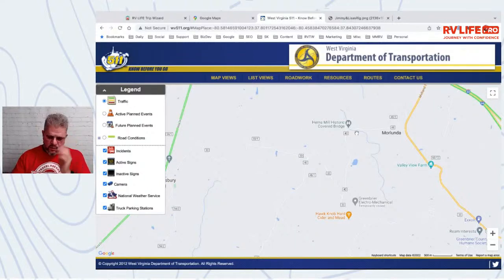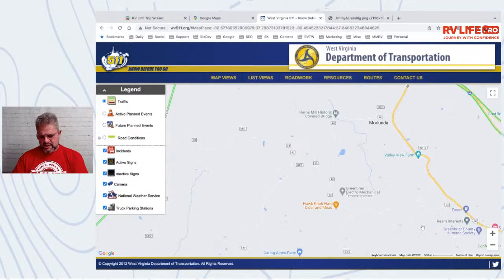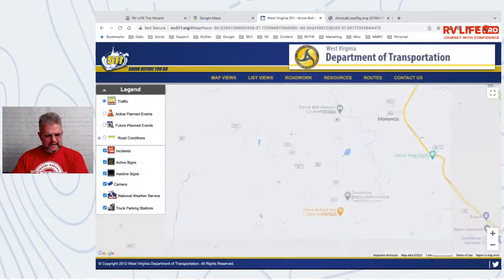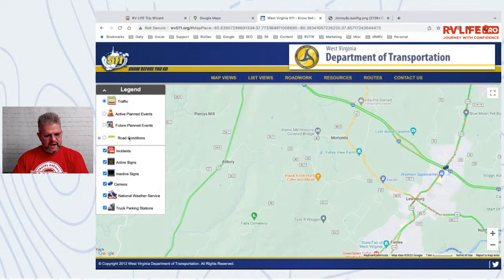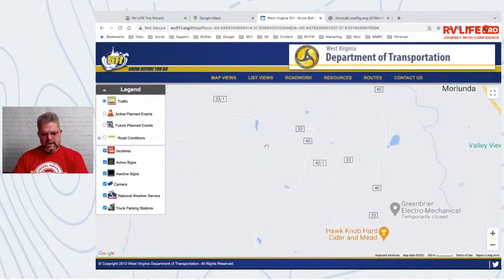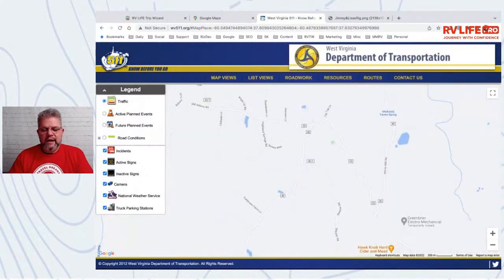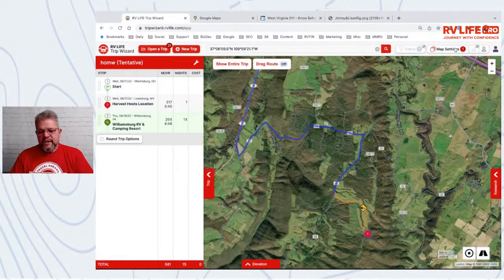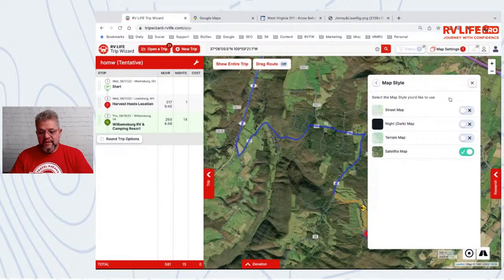We can see that the West Virginia Department of Transportation taps into the Google Maps. And of course, they don't have any stuff. You can see they've got road conditions, traffic, camera signs, truck parking, blah, blah, blah. They got all this junk over here. There is nothing in this section about that whatsoever either. And of course, it's Google Maps, so we're not going to get any new information. So at this point, if you're planning this trip,